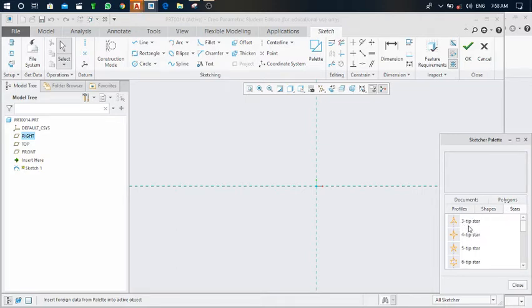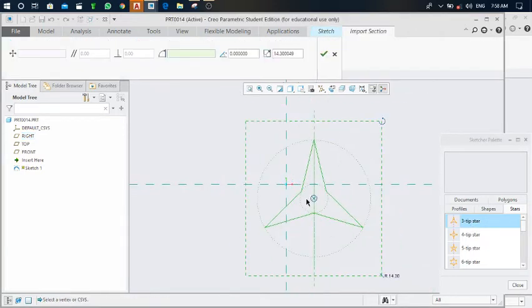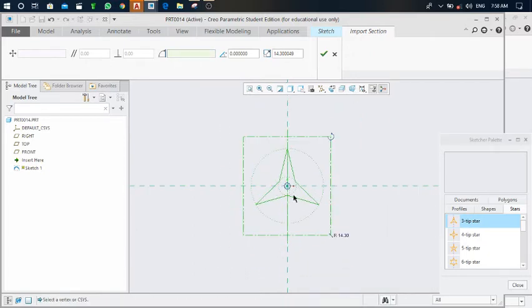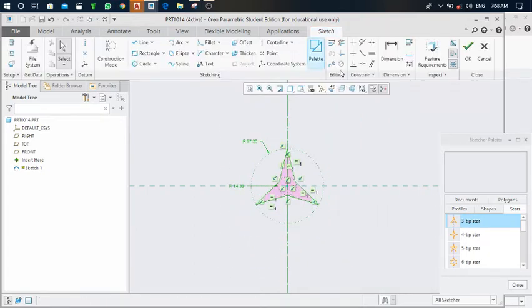Here are different types of tip stars: 3, 4, 5, 6 tip stars. So we wanted this first one. So pull this symbol or star to the drawing area, match this center to this center. After that, click on the green mark and later OK,